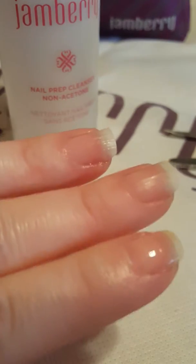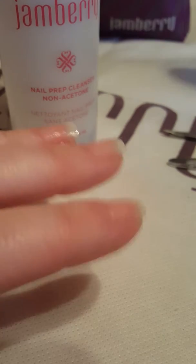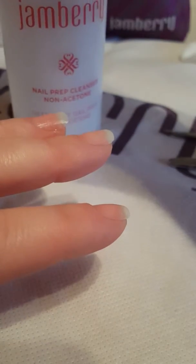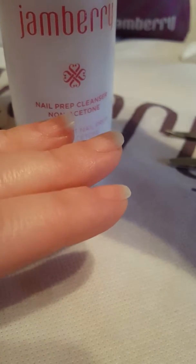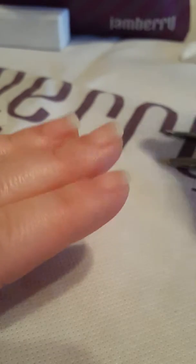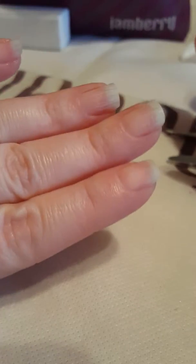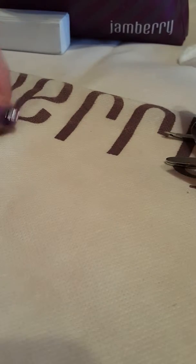You can also, if you don't have the nail prep, you can use alcohol. You can use white vinegar, works great. Pure acetone is very drying, so I would maybe stick with your white vinegar or your alcohol. So after I nail prep my nails, I am going to choose a wrap that is a